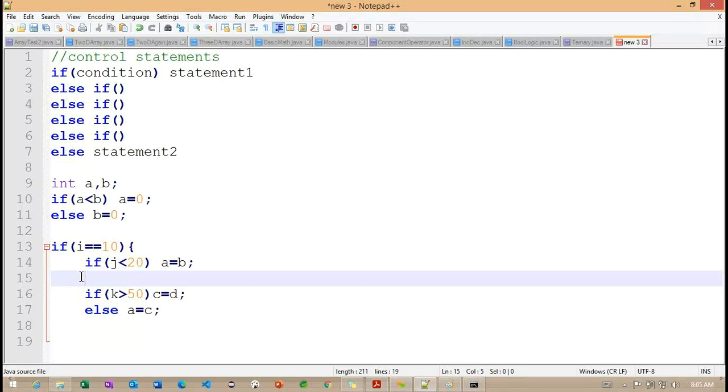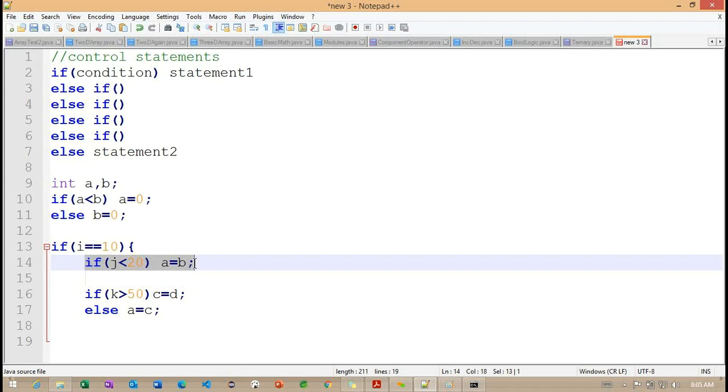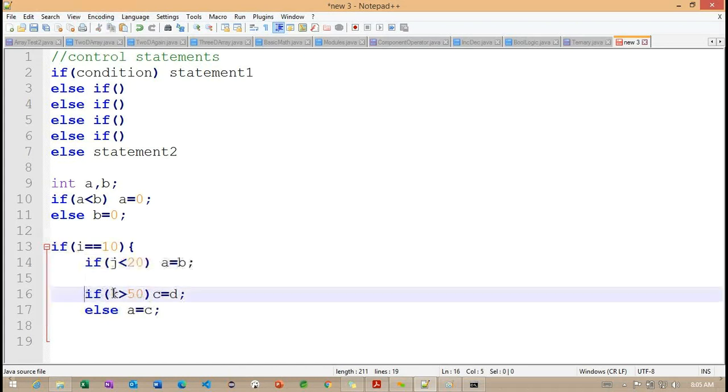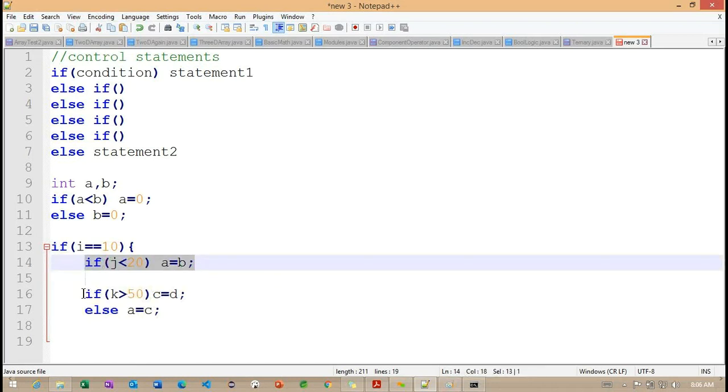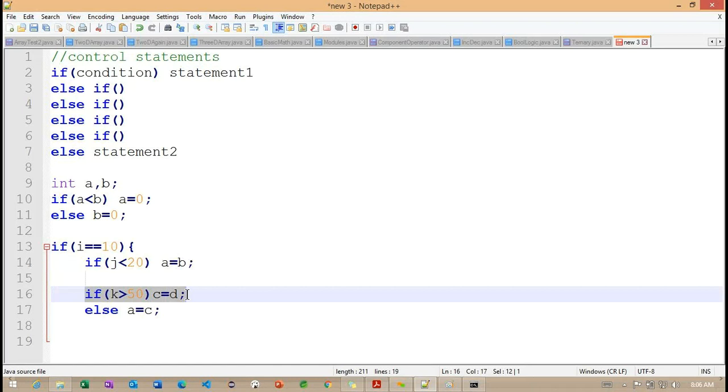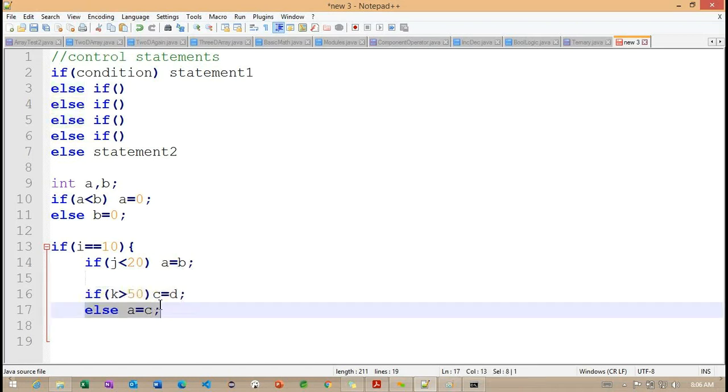But now I remove this else here. So now I'm giving an option here: even if this condition is returning true or false, don't consider that true or false. Again, execute this condition also. Whenever you execute this condition, execute it without checking the condition value of the above one. Getting the point? This is important. Finally, if the two conditions failed, it will move on to the else block here.